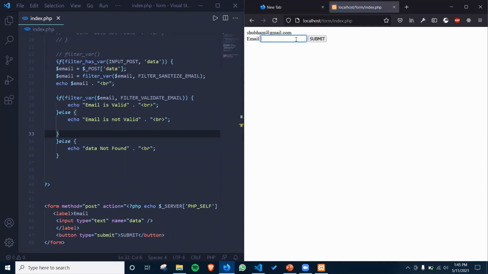Okay, so right here sp@gmail.com. Okay, so these are the illegal characters. Cool, but one thing, this is not echoing. This is cool. Okay, sanitizing this. Let me check this.